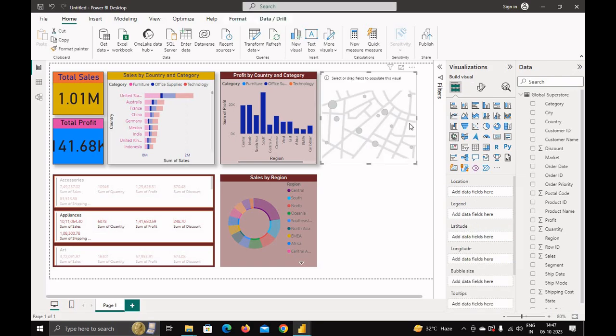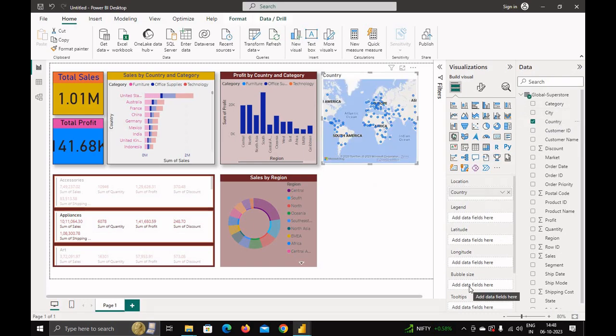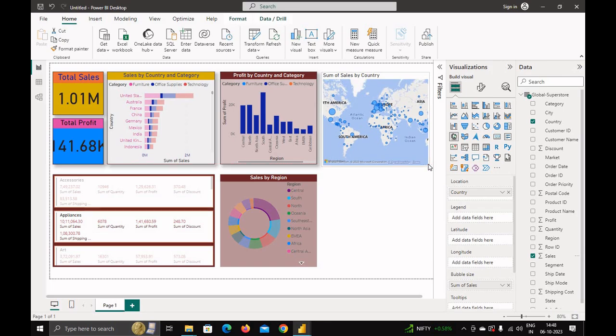So just click on the map. So this is the map that I will create, and in the map, in the location, I am going to add a country. So country I am going to add in the location, and in the bubble size I am going to add sales. So just add country here, and here in the bubble size just add the sales, and increase the size,